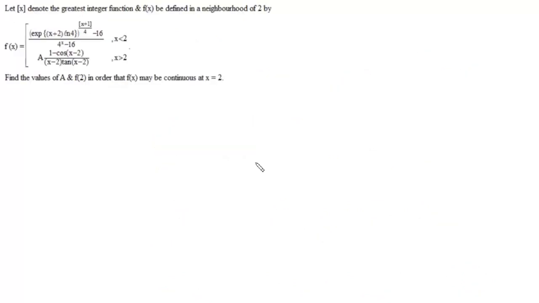Now here the question is, we are given this function and it says, if f(x) is continuous at x equals 2, find the value of a and find the value of f(2). Now what we'll do is, first we'll write its left hand limit. The left hand limit will be limit x tends to 2 negative, and when x is less than 2, this is the definition. So this is e to the power